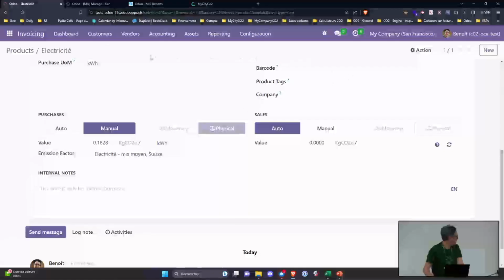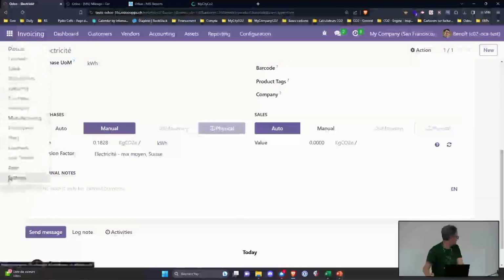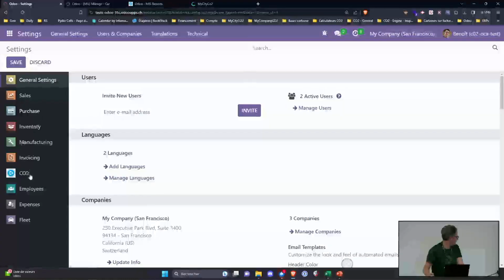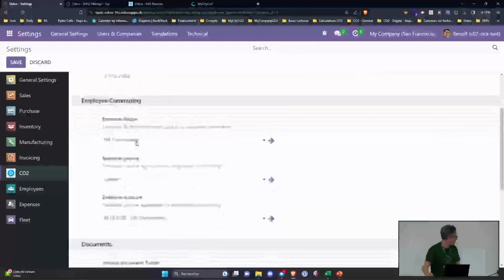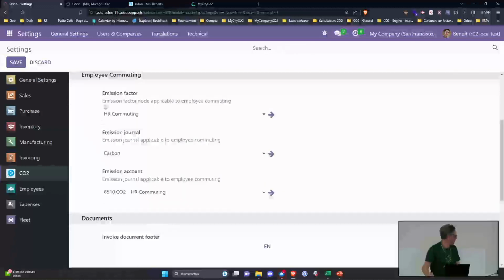Let me show you the settings. This is how it looks. Here you can define a default fallback. You can define your lock date. For the employee commuting that I'll show you later on, you define your emission factors, and in which journal you want to generate your entries, because these are accounting entries with zero impact from a financial perspective, but from a carbon perspective we need to generate them in order to stick to the concept that everything is in accounting.